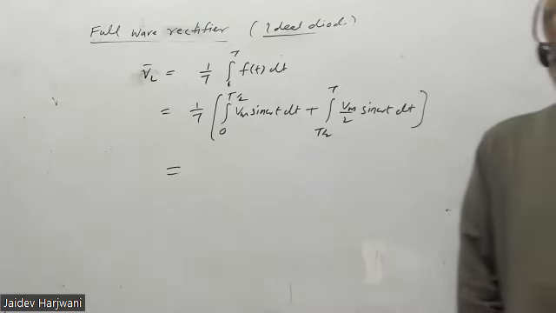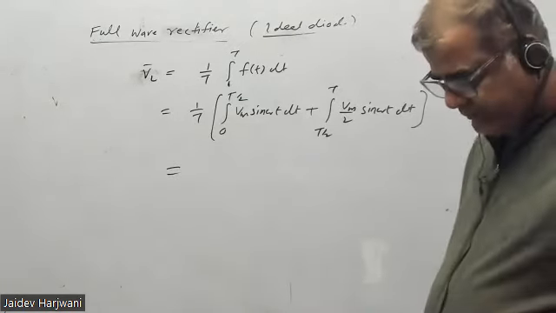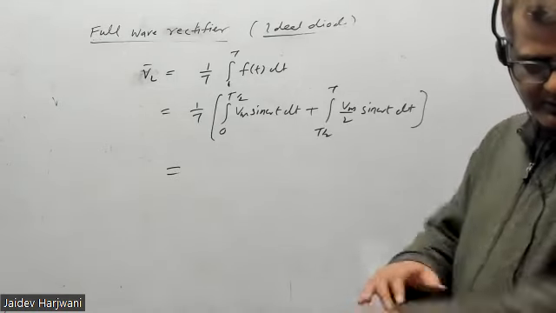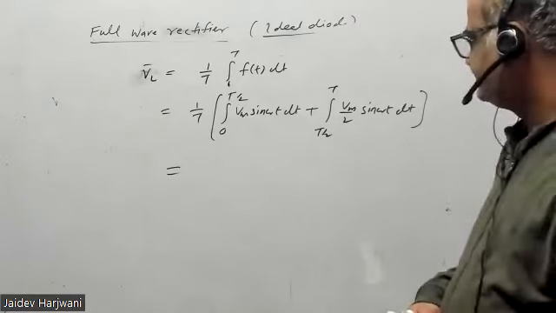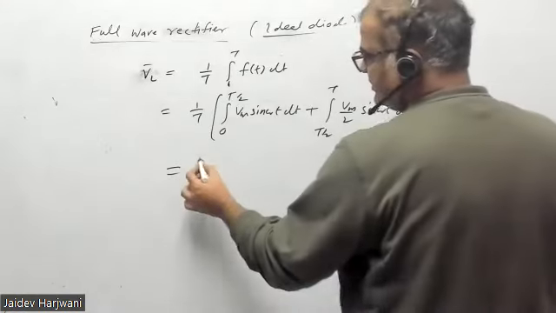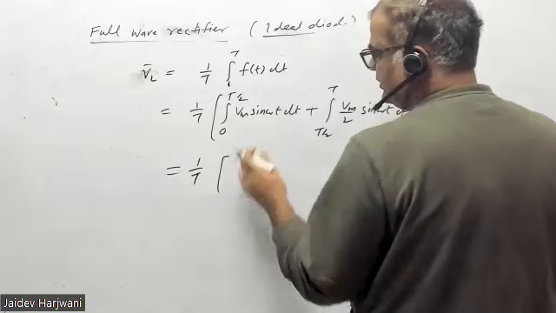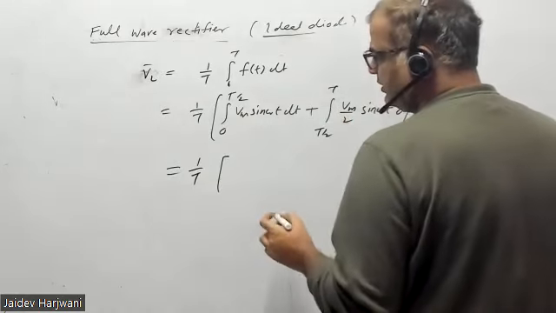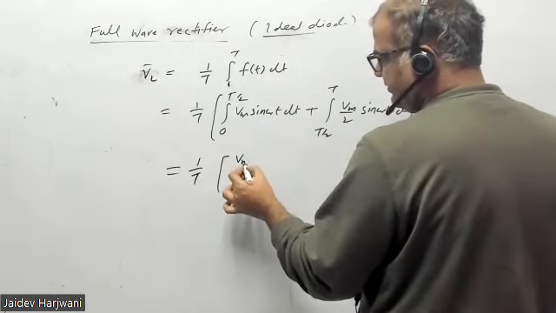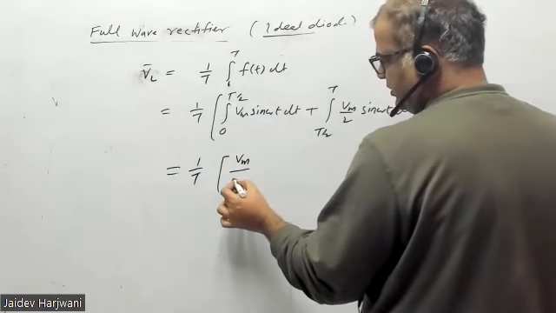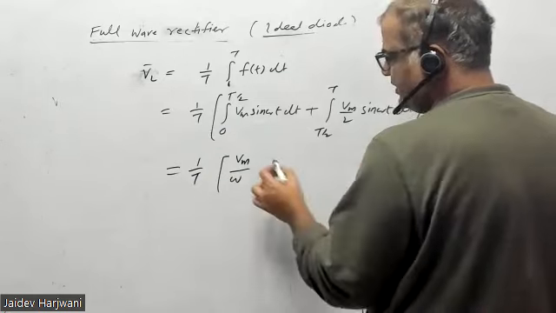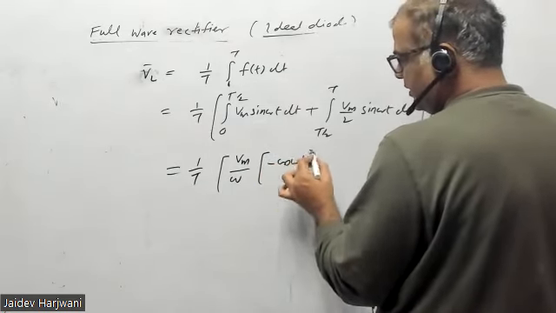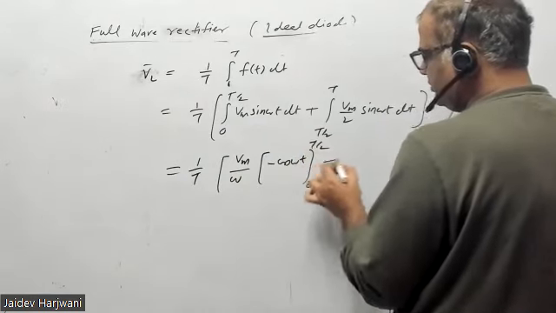How much is coming, Palak? Sir, 3 Vm by 2 omega. No. Do the calculation correctly. You know what this will give on solving. What will it give? Vm by omega, okay, is minus cos omega t from 0 to T by 2,